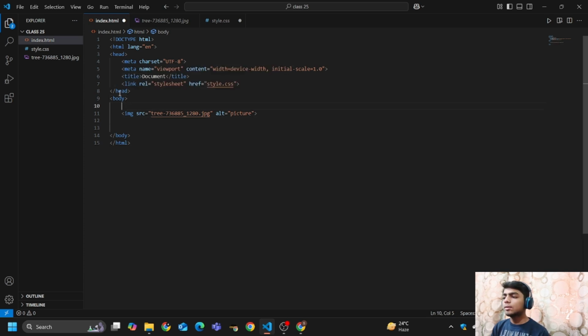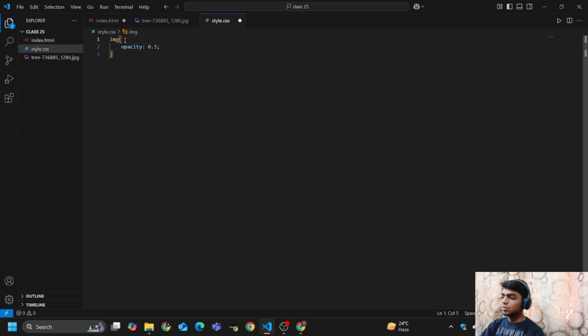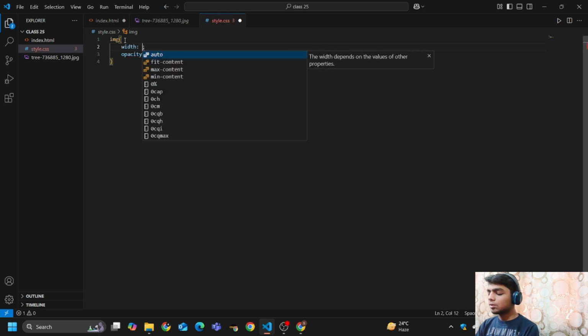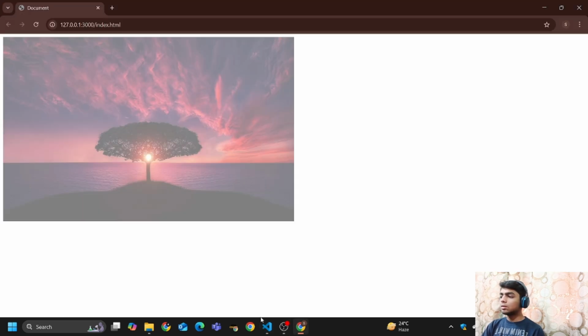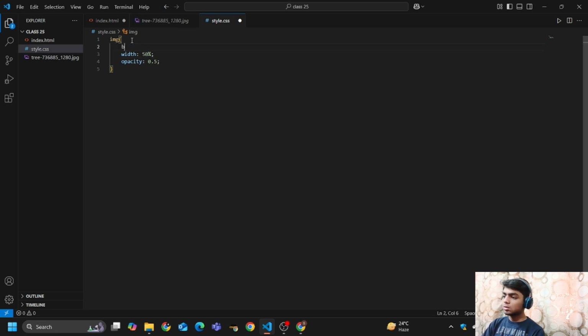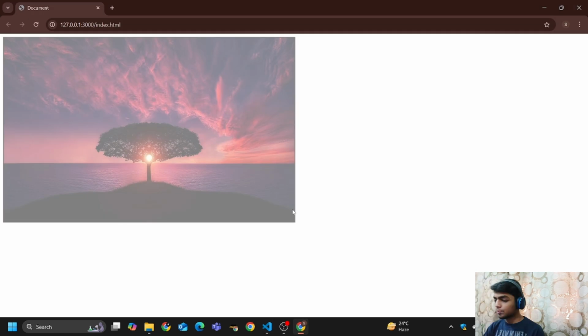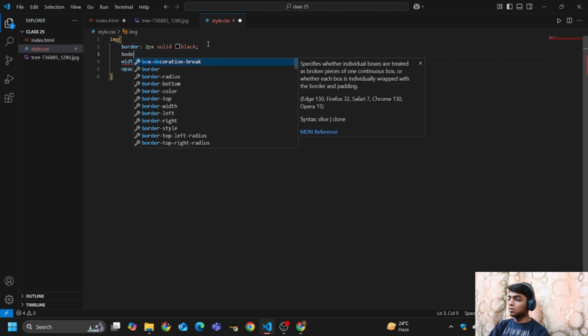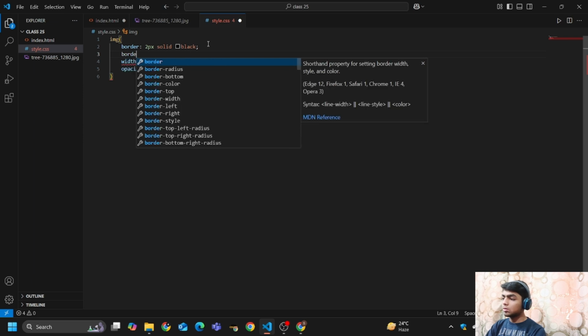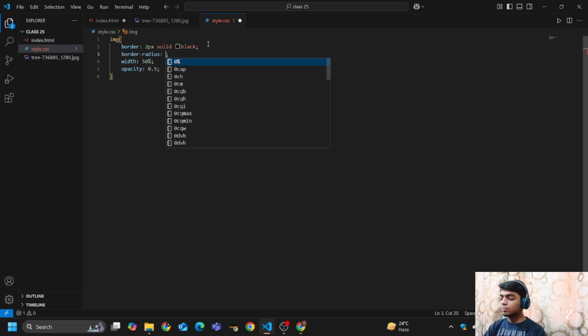Here you can see, if I also create a border, if I also provide some border radius, let me provide it a height, a width of 50%, then some border like 2 pixel solid black, and border radius of 25%.